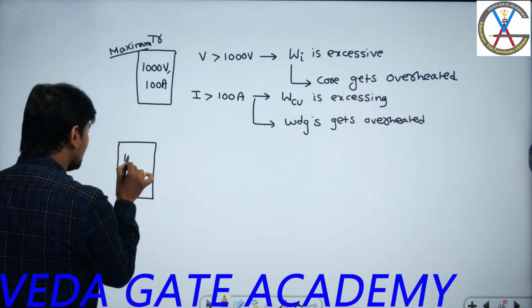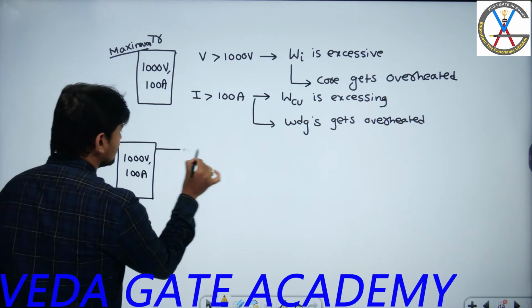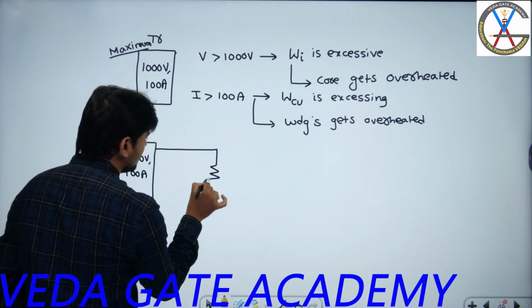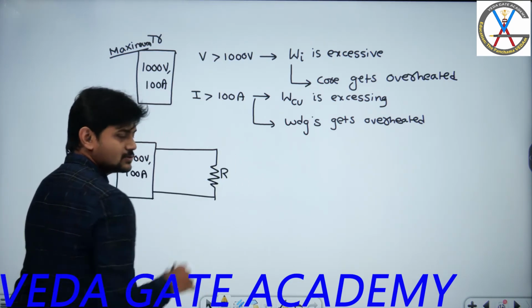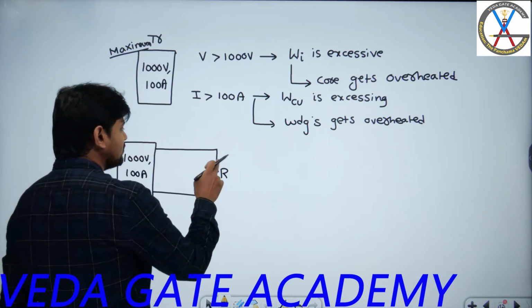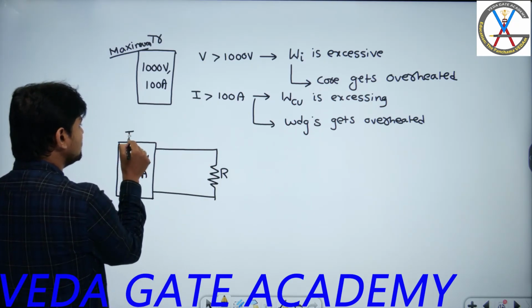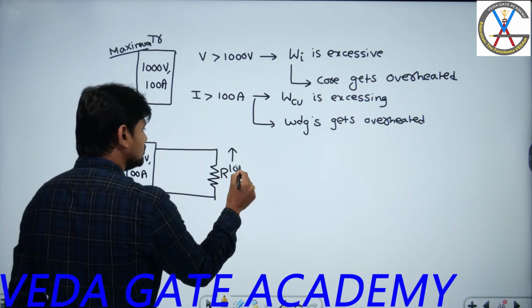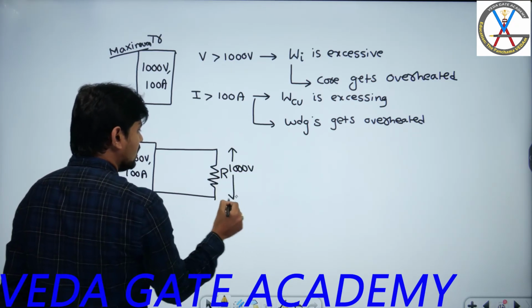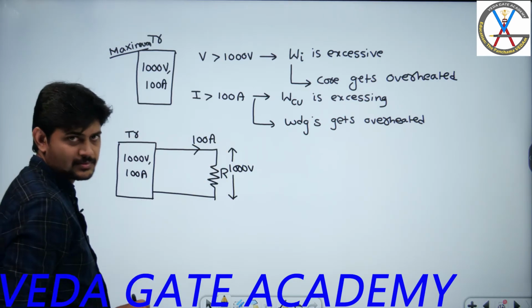This transformer has a maximum capacity of 100 volts and 100 amperes to some particular load, and I have calculated the power. Let us assume that during my design stage I have connected a pure resistive load, and I am utilizing the transformer at its maximum capacity. So I require a voltage of 100 volts, and it will draw the maximum current of the transformer, 100 amperes. Right?